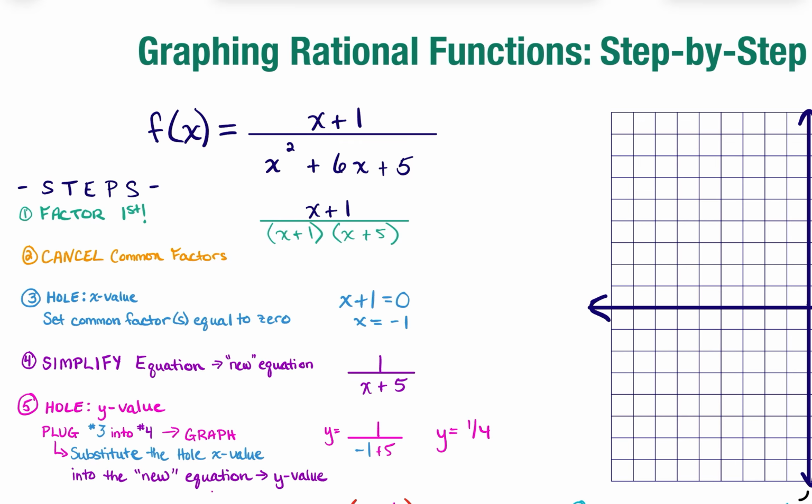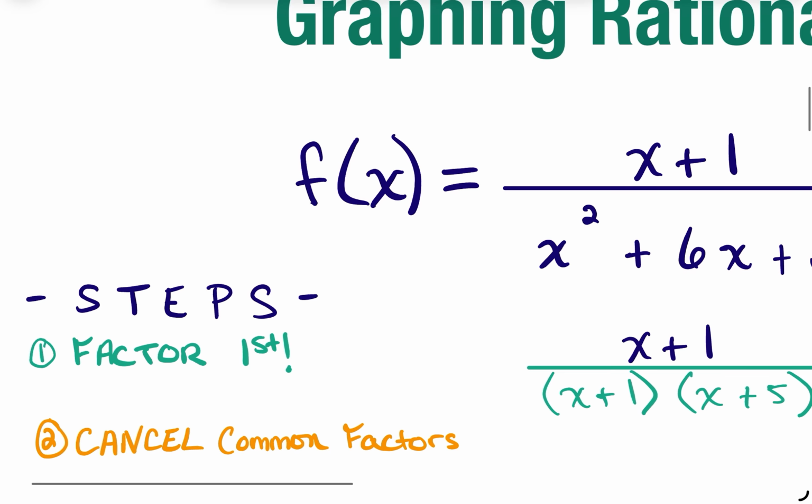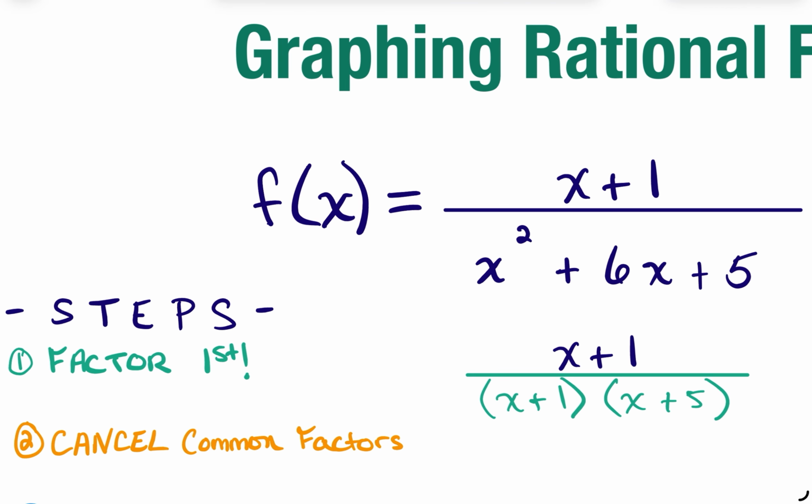So today we have our function f of x equals x plus 1 all over x squared plus 6x plus 5. Now we all know, or hopefully we know, that our first step is always to factor first. So we are going to factor that denominator into x plus 1 and x plus 5. Now our second step is we're going to cancel common